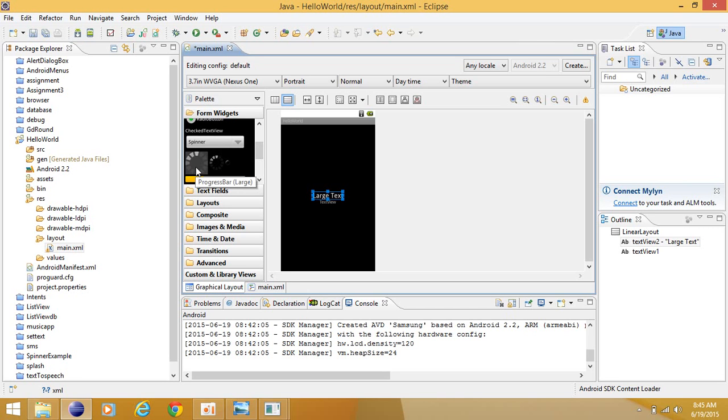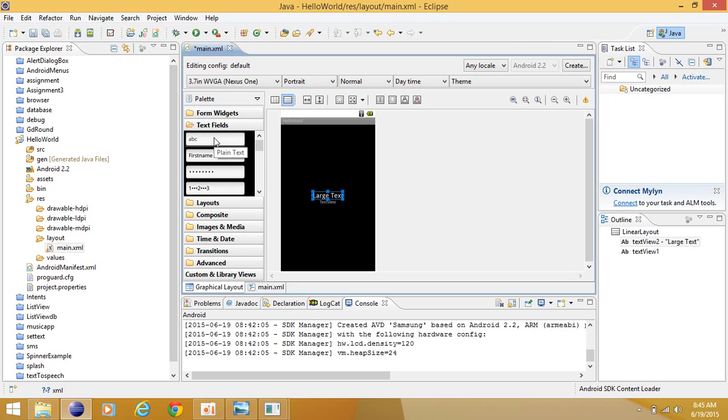This is a progress bar. You can see a progress bar during net surfing. This is a horizontal progress bar. You can see it while installing Windows. This is a seek bar. It is used to seek from a lower to a maximum value. It changes your audio, your brightness, etc. Quick contact badge is used to show a badge here. These are radio groups, the same as radio buttons, and these are the rating bars. These are used mainly to rate your app.